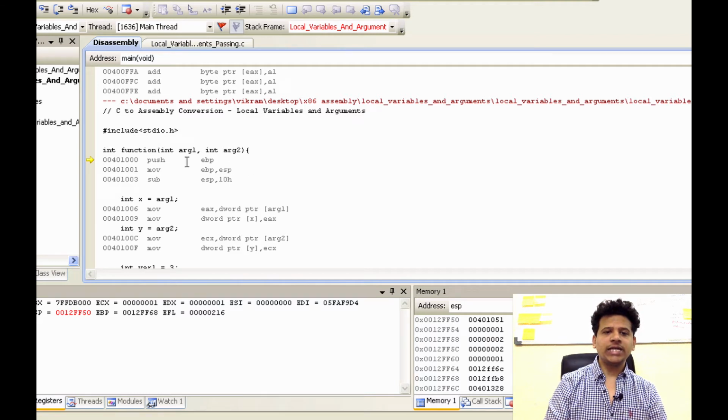First, the function will set its stack frame onto the stack. So the function will need EBP to point to its stack frame. But currently EBP contains the main stack frame pointer, and we want to save that because function is returning to main and it's function's responsibility to give main its own stack frame pointer back. So that's why the value from the EBP will get pushed onto the stack. The first instruction is push EBP. Step into that. So the value from the EBP got pushed onto the stack.